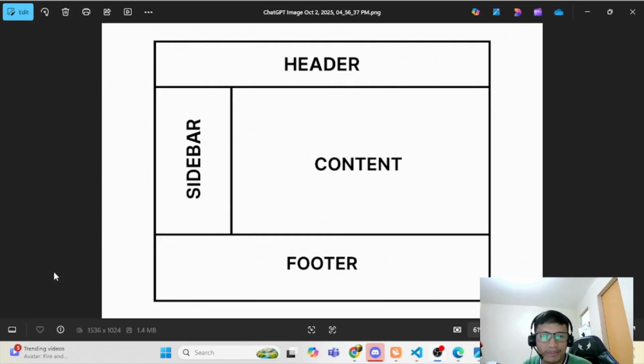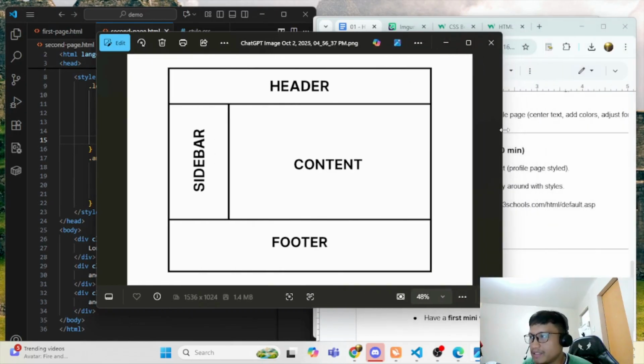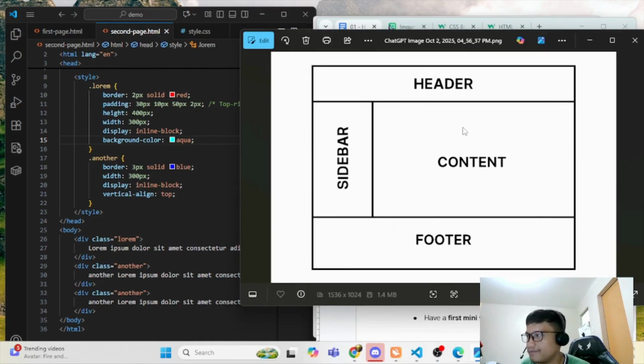So it's very important to understand how we create this very simple structure. When you already know how to make this structure, maybe it would also be easier for you to make the complex one. Okay, so for our exercise, let's create a sample website which contains the header, sidebar, content, and then the footer.